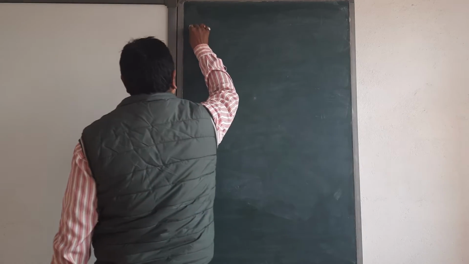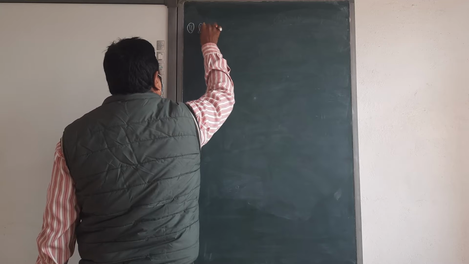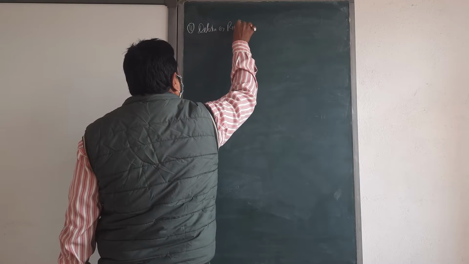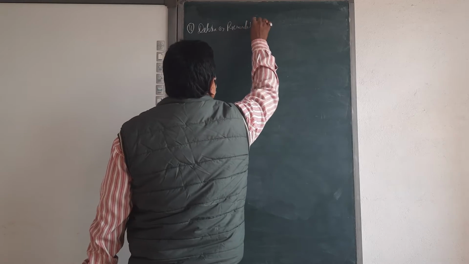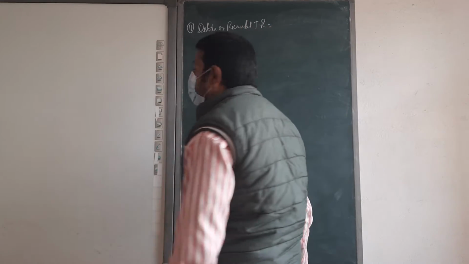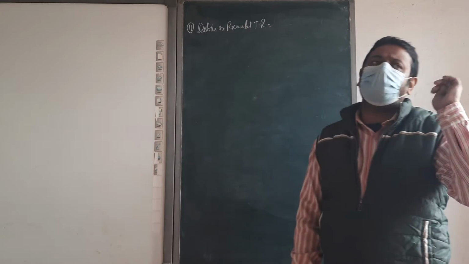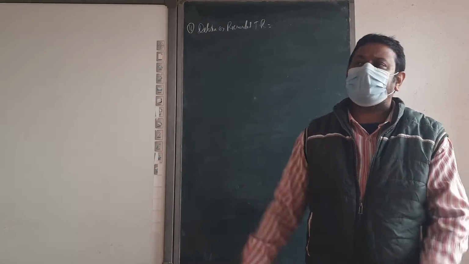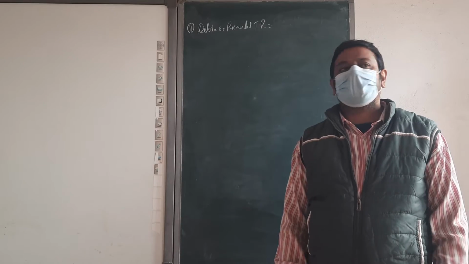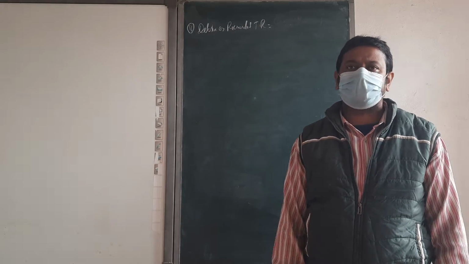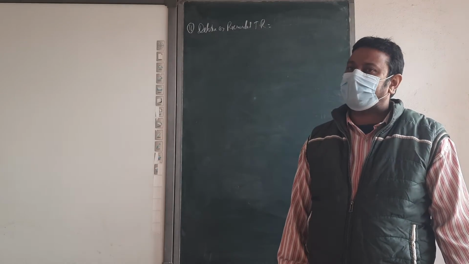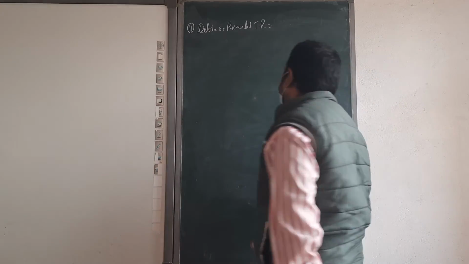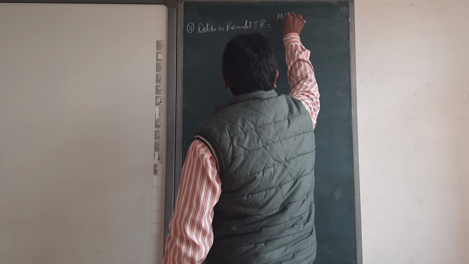Next is debtors or receivable turnover ratio is equal to net credit sale. How to make the debtors? By that you can easily make the formula. How to make the debtor? By credit sale. It means net credit sale.